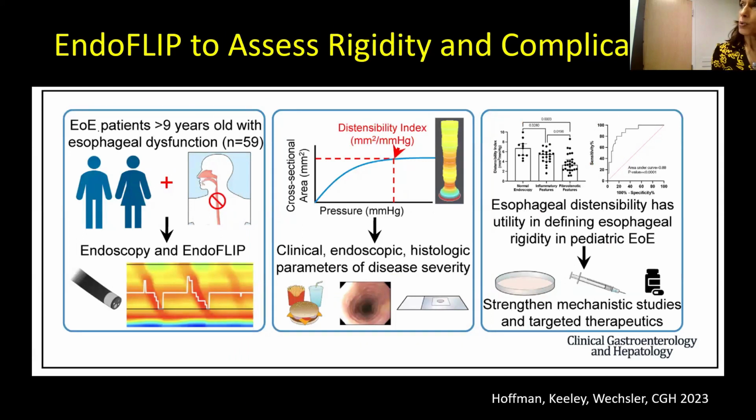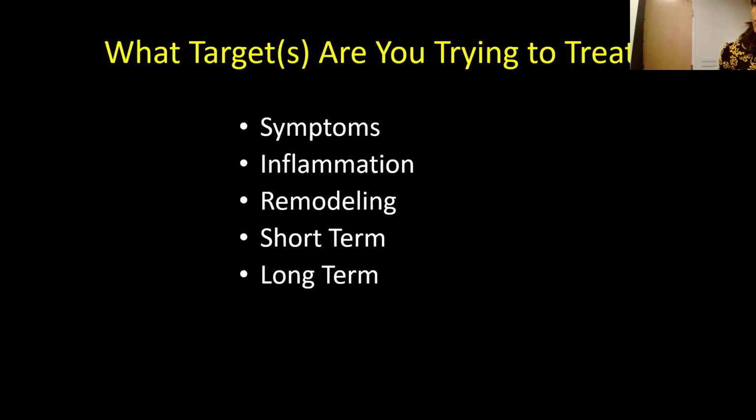And then Josh Wexler has really shown, if you look at just a little graph up top, when you look at the FLIP results in a child, when you have fibrostenotic features, the FLIP is very low. If you have inflammatory features, it's less low, the distensibility. And if you have a normal endoscopy, then you have pretty good distensibility of the esophagus. And then that can predict